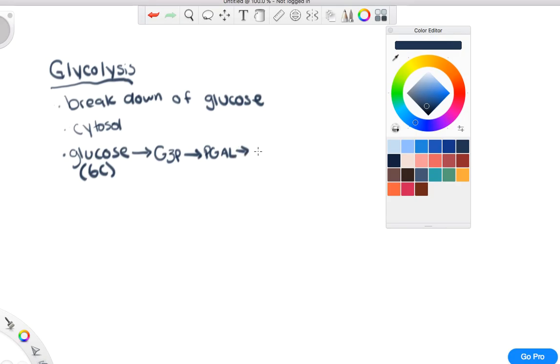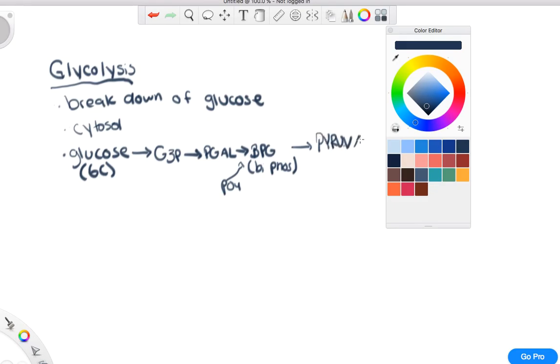From pGal, it's turned into BPG. So BP is biphosphate. Here what happens is you actually add a phosphate group. And eventually the BPG is turned into